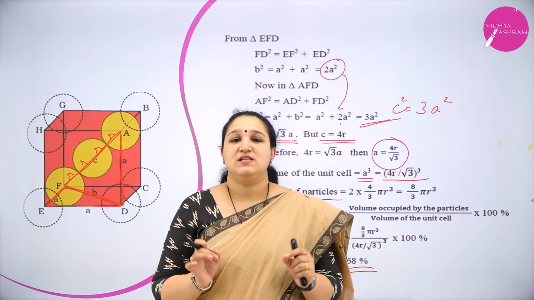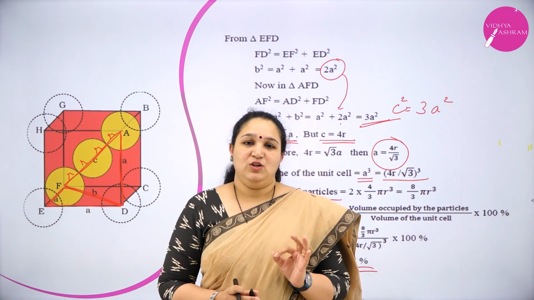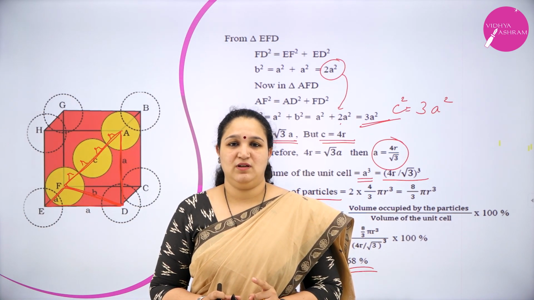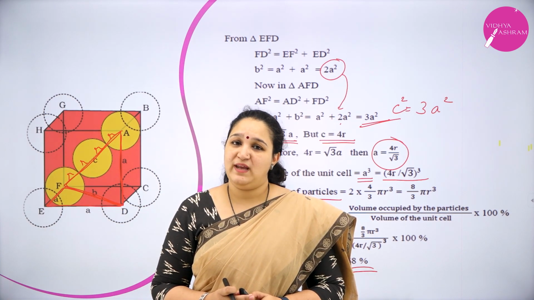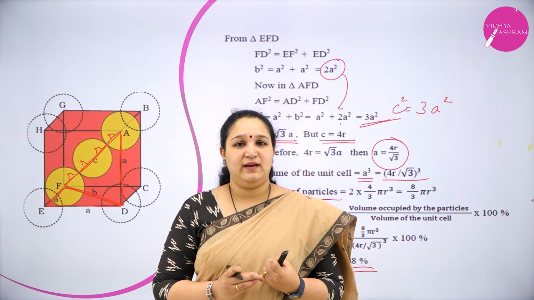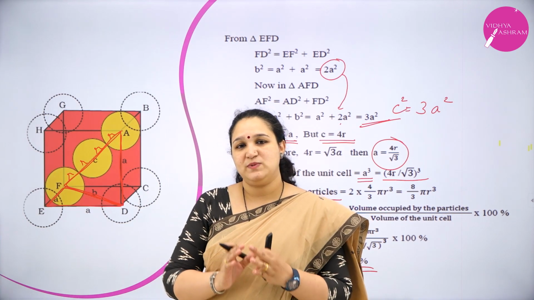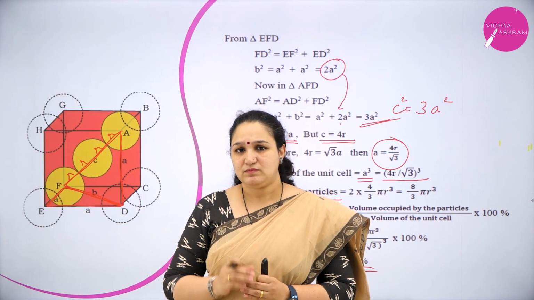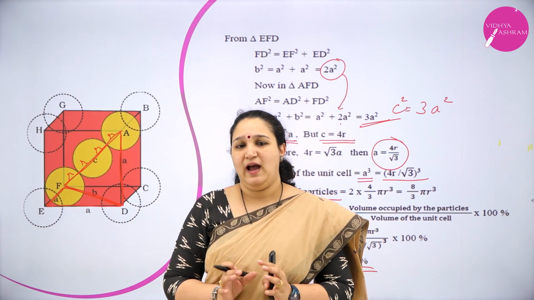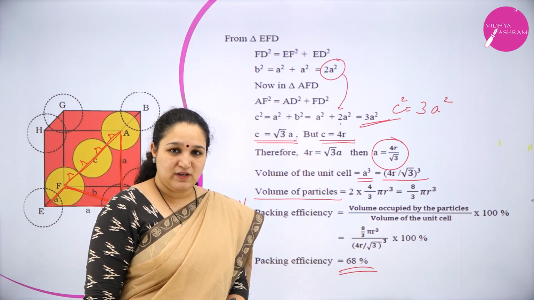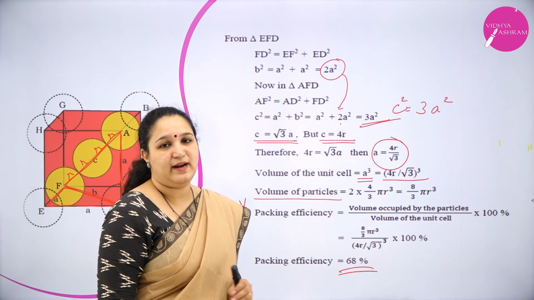For your exam, this is very, very, very important. If you see the previous papers, usually there is one question out of these 3 derivations which has come. So please be very careful. You have to draw the diagram. I told you A, B, C, D, E, F, G, H. For all the 3 cubes, the same way they have named it, and you have to show the particles only what is relevant, that is sufficient, and you have to write the entire derivation. Don't forget to write the packing efficiency formula, show the substitution and write the correct answer.